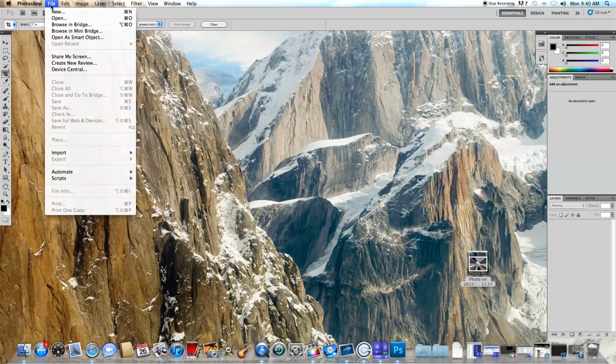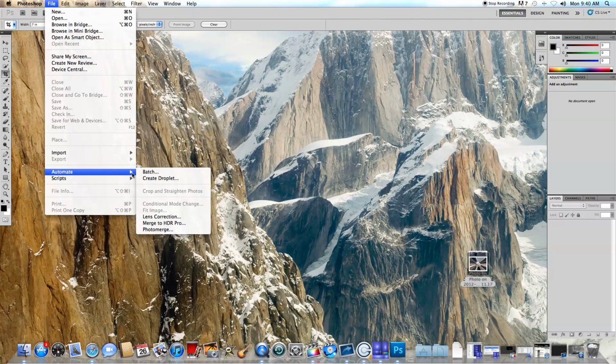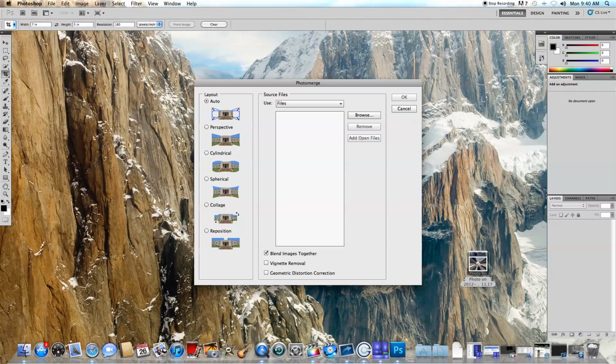Begin by going to File, Automate, and choosing Photo Merge. Photo Merge is like an app that runs in Photoshop. When you open up the Photo Merge app, select your files by going to Browse,